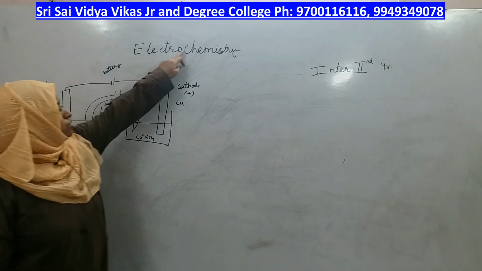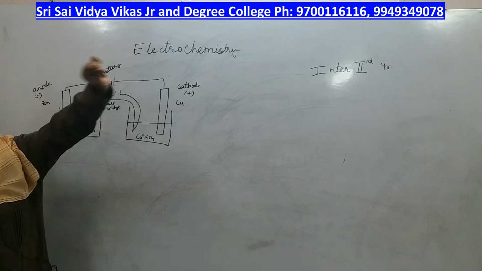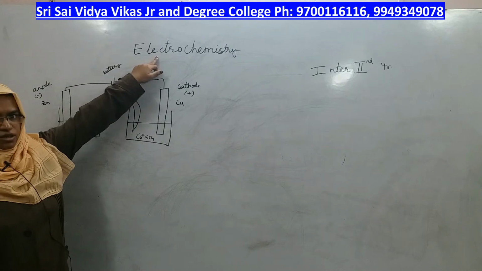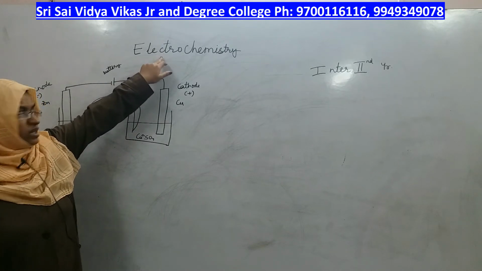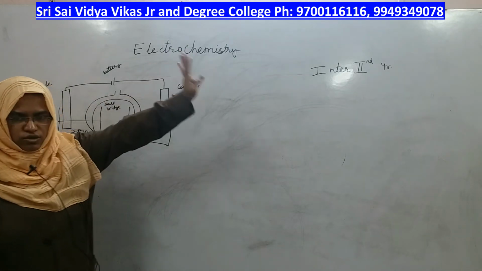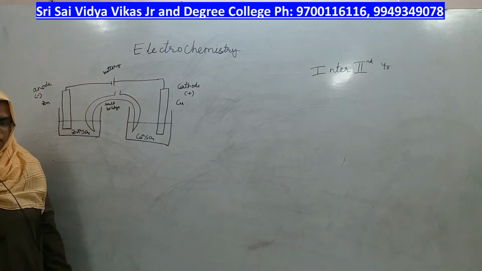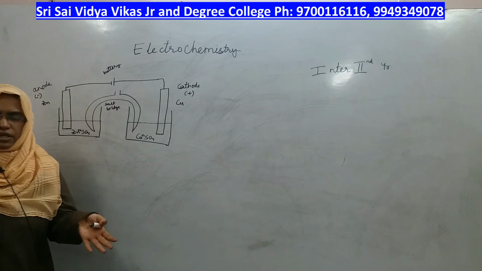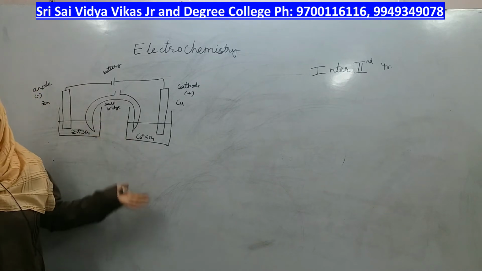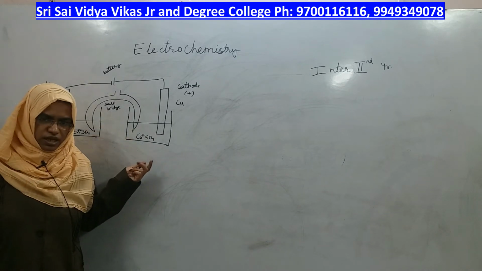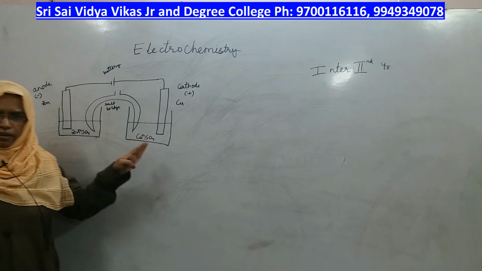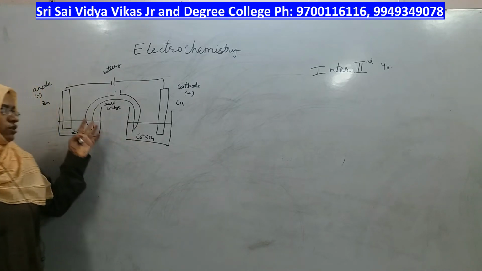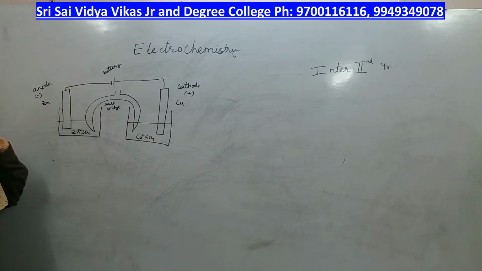In electrochemistry, everything is related to electrons. No protons come into the picture, no hydrogens, nothing else. It is only the play of electrons in the entire electrochemistry. What happens if you give electrons? What happens if you take electrons? That is what electrochemistry is about, right? And electrons are given or lost mostly by metals, therefore you will take the examples of metals only.